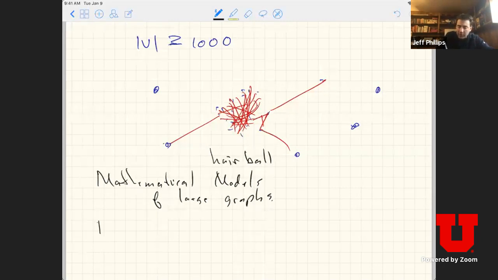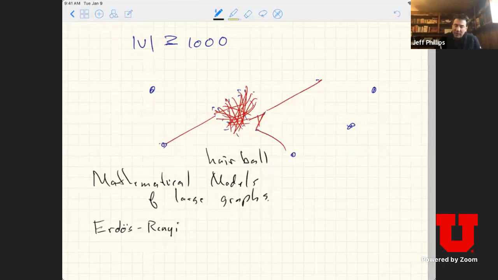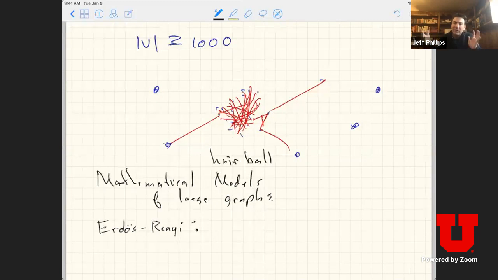The most famous of these was called the Erdős-Rényi model of the graph. Basically, there are two basic variants of this, but they basically say, I